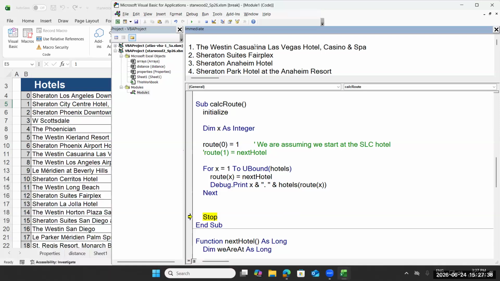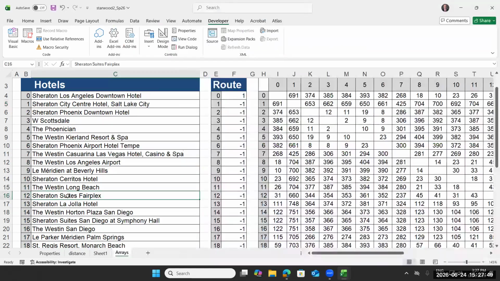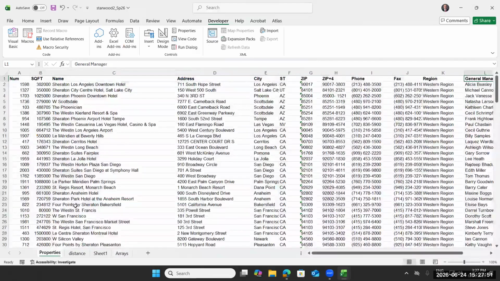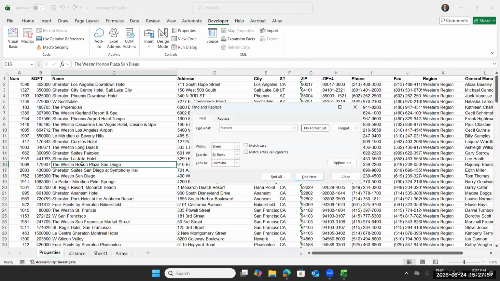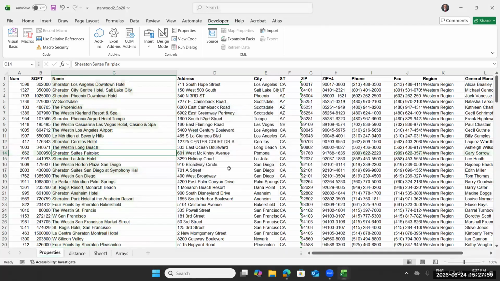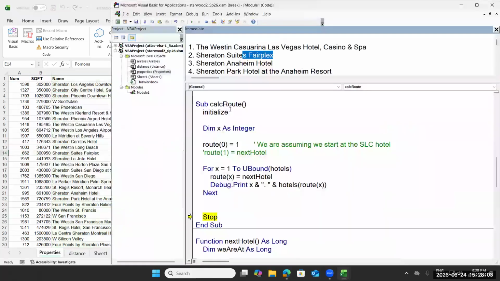So it says we start at Salt Lake City. The first one we go to after Salt Lake is Las Vegas. Then it goes to Fairplex. Where's Fairplex? Fairplex, Pomona. Is that close? It says go to Pomona